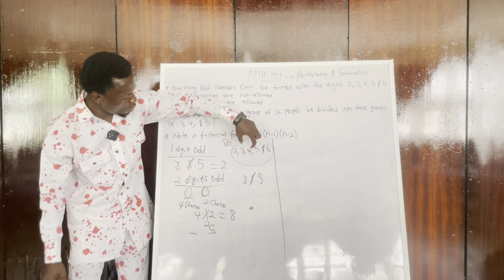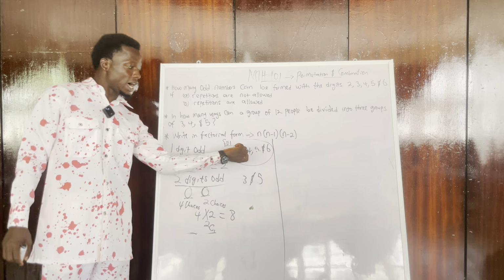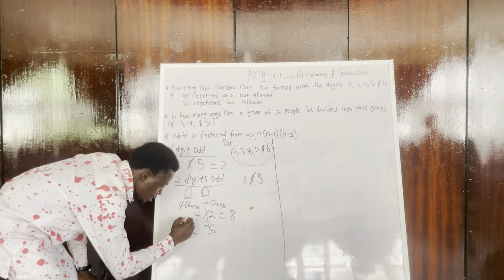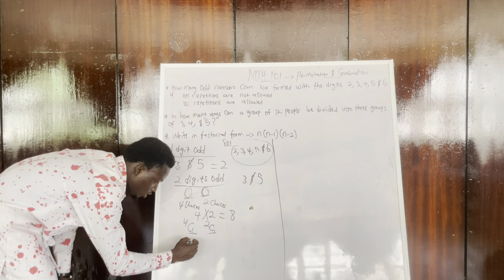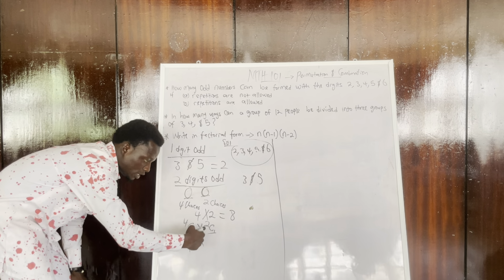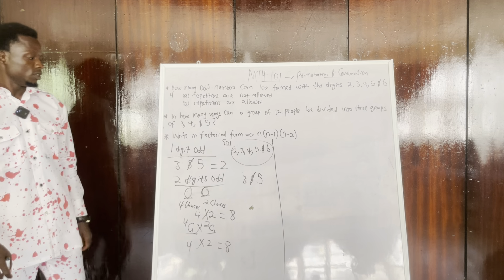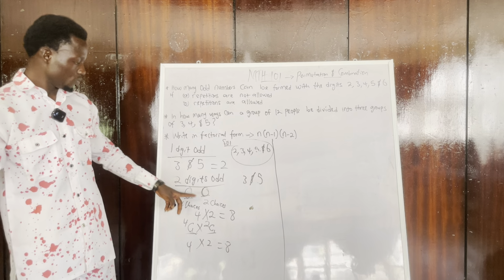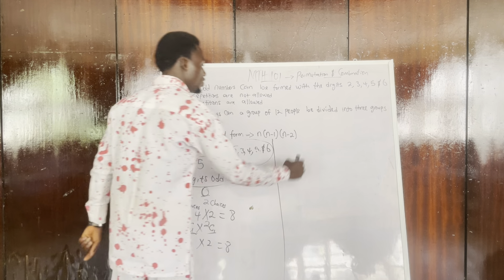So now I want to pick one of those 4 to fill this gap. So 1 out of 4. So it's going to give me what? 4 combination 1. 4 combination 1 is the same thing as 4. You are multiplying. 2 combination 1 is the same thing as 2. You still get your what? You get your 8. So for 1-digit odd, we get 2, which are 3 and 5. For 2-digit odd, we get 8. Now for 3-digit odd